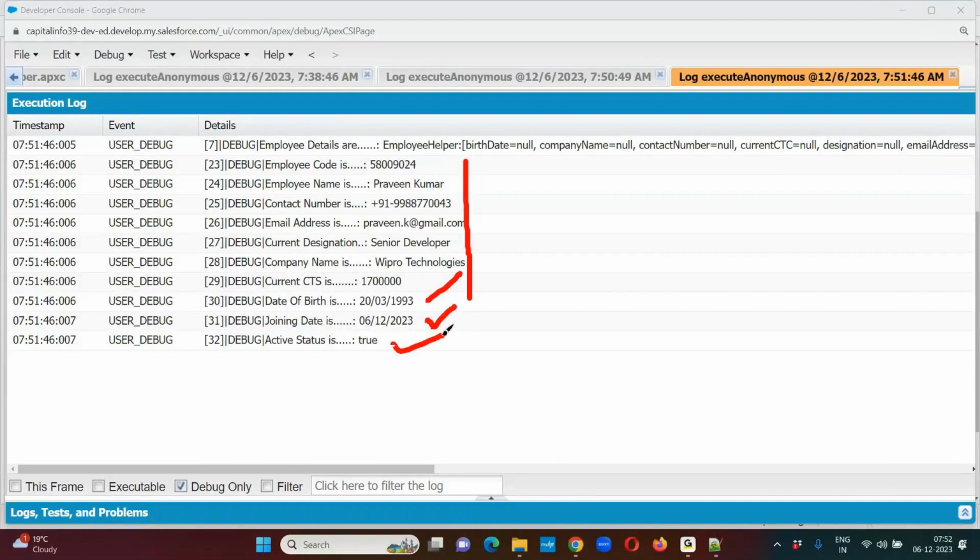So depending upon your need, we can create the class, we can create the object of the class, we can assign the values, and we can print the values as well. Okay, understood the concept here? Now,